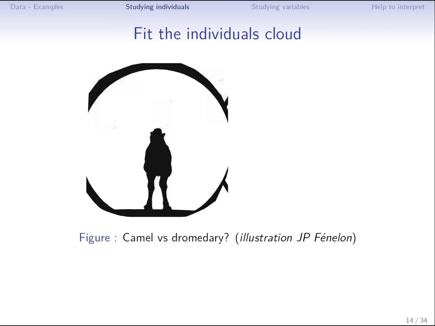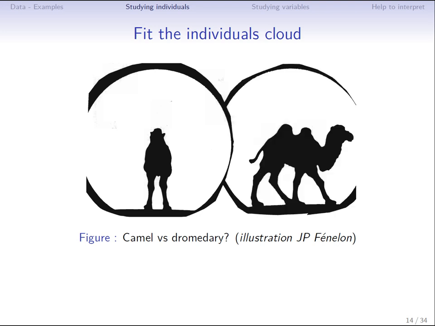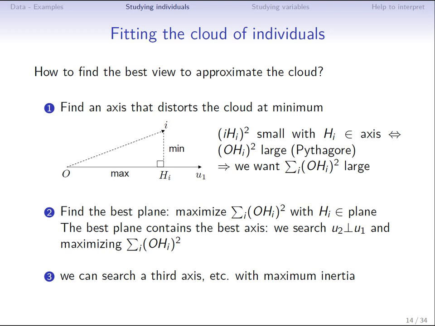Here is another small illustration, again, a visualization of a 3D cloud. Here I have a picture of an animal that evolves in a 3-dimensional space, and I have a photograph that is only in 2 dimensions. And which is the photograph that best reproduces the shape of my cloud in the global space? It is rather the photograph on the right. I recognize the camel because I can see more information, and in particular, I can see 2 bumps and 4 legs.